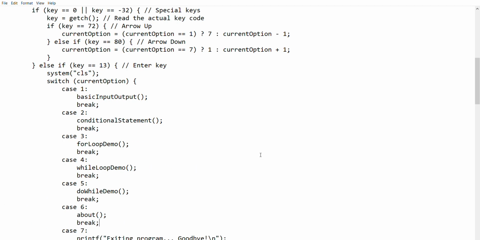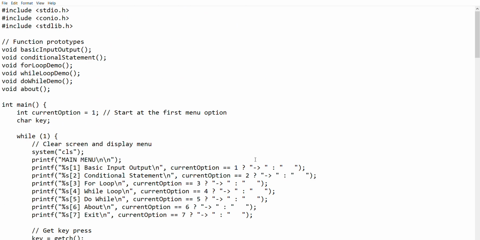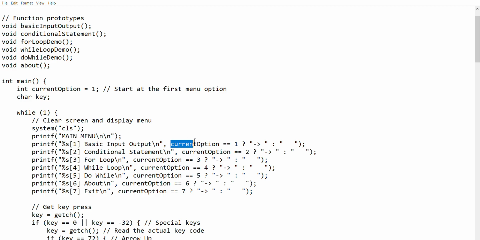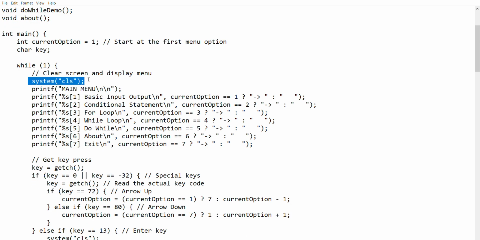Now, let's talk about how the program works behind the scenes. The menu is displayed in a while loop, so it keeps running until the user selects exit. The current option variable keeps track of the highlighted menu option. It updates based on the arrow keys pressed. In here, the system CLS, the program clears the screen using this.